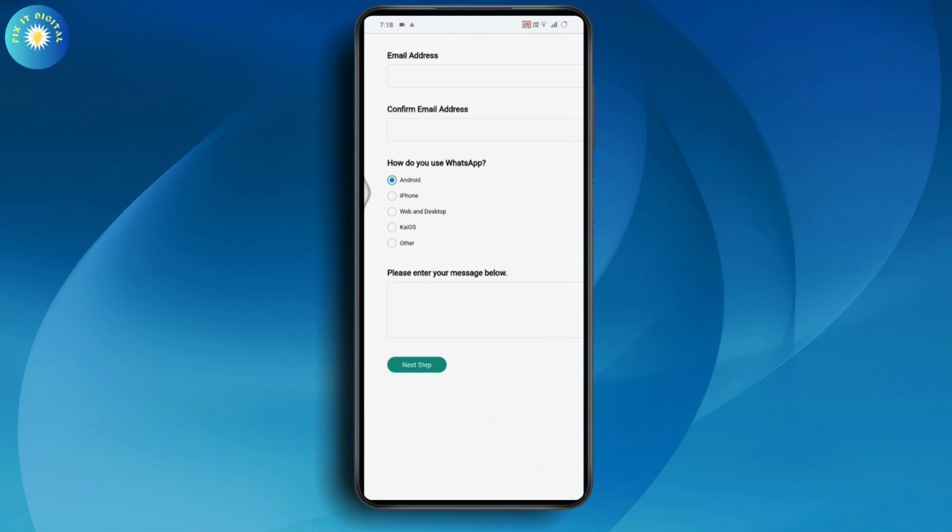So, hi team, my phone number has been banned from WhatsApp by mistake. Could you please kindly fix the problem? After that, send, and your problem might be